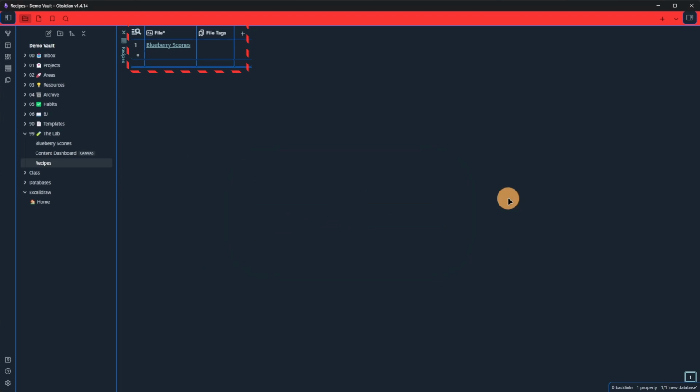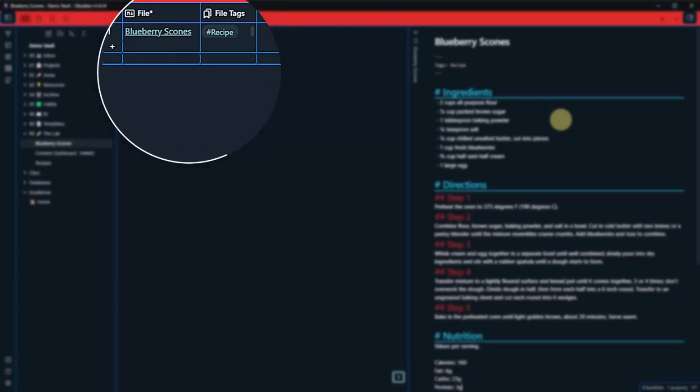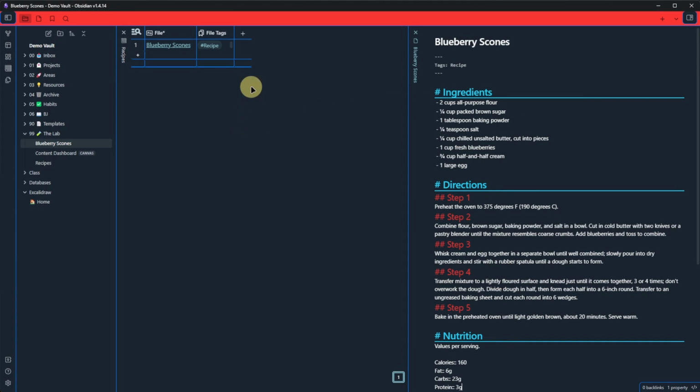So I close the creation dialog and open the new node next to the database window. As expected, the plugin applied the template and we can start adding information. Let me quickly do that. As you can see, you don't see much just yet. Let's change this by jumping back into the columns menu.